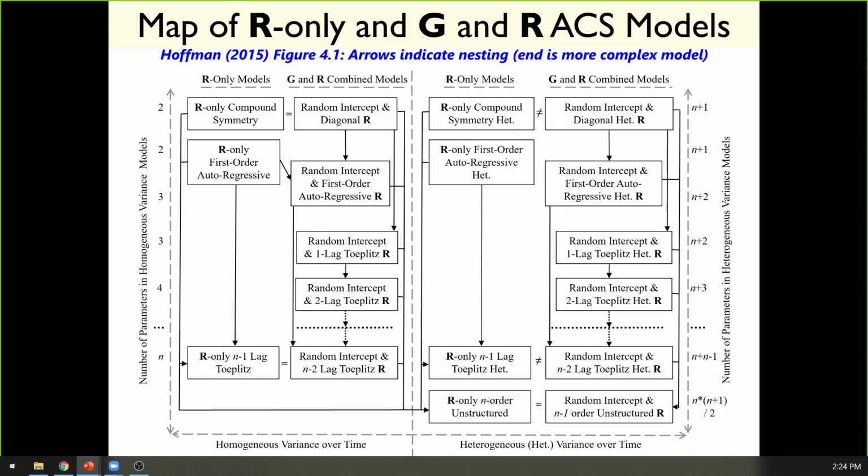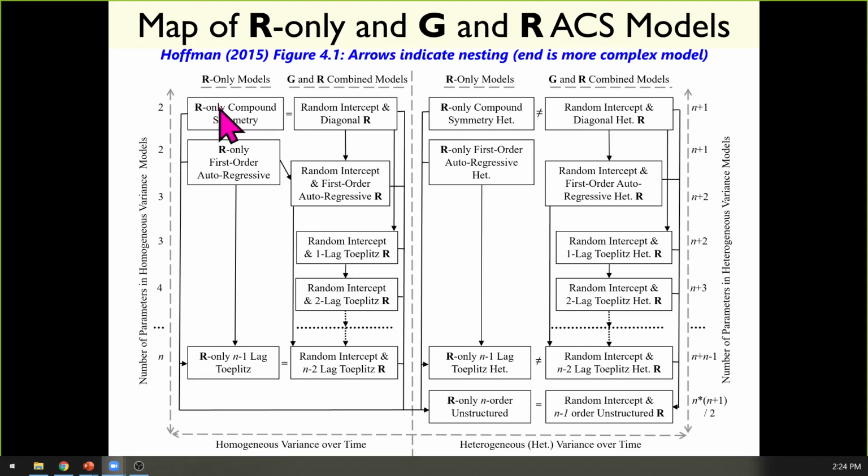This describes how things are either equal to each other or nested relative to each other in terms of either R-only models or the combined models that are either homogeneous across time and variables or models that are heterogeneous across time. So for instance, if you have R-only compound symmetry,